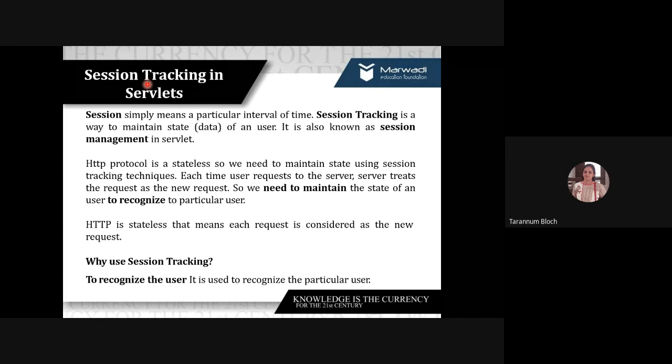Have you gone through session tracking ever? When you open any website on your mobile, usually with mobile, it happens a lot. What does it ask you? Have you tried this? Any new website, when you open it, what does it ask you?